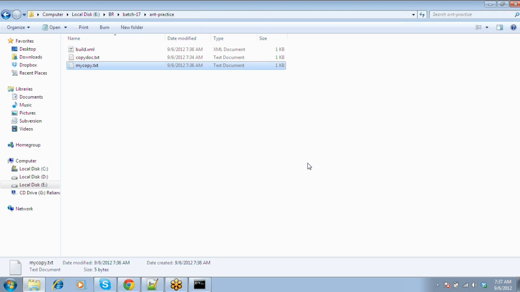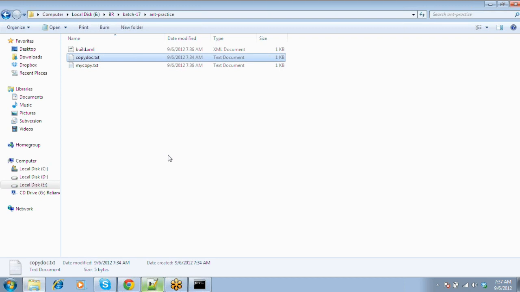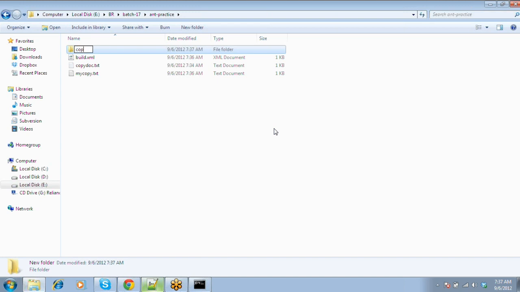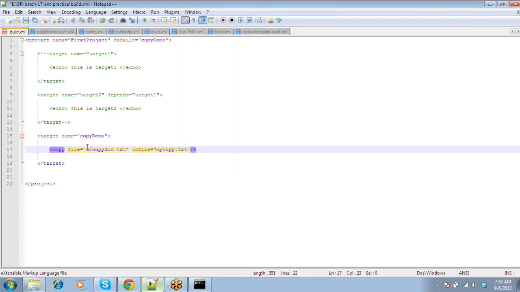But for that you need to be very clear which file I have to copy, where is that file, to where I have to copy, what is that location. So this is the tough part actually in initial stages. And when you are giving the locations, suppose just imagine this copy.txt is not here. This copy.txt is in another folder. This is here. Okay. Say for instance, now how do you write your script? You need to be very clear. Okay, my file is inside the copy demo folder. So here I will say copy demo